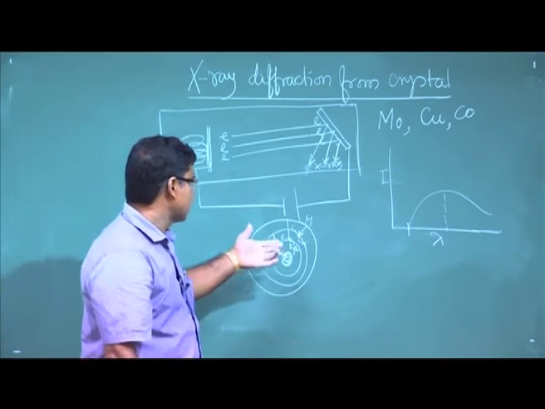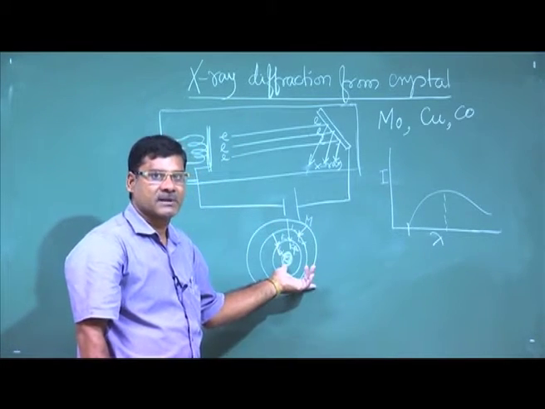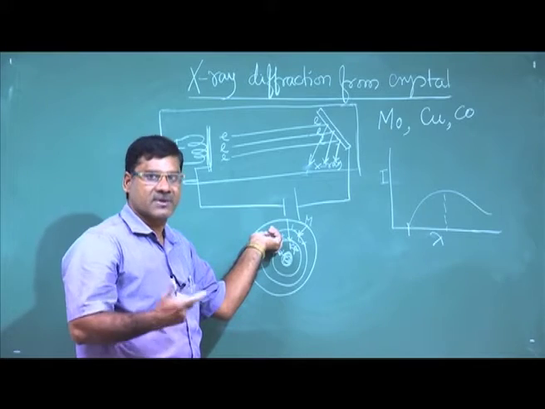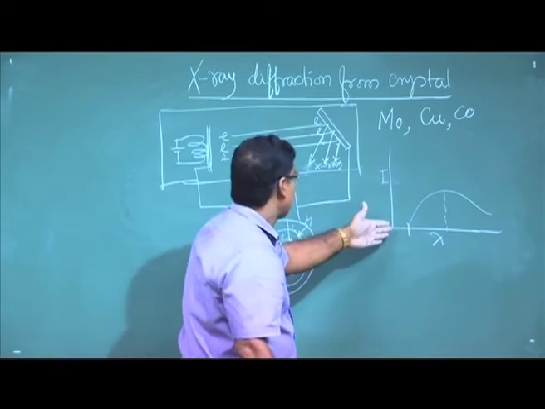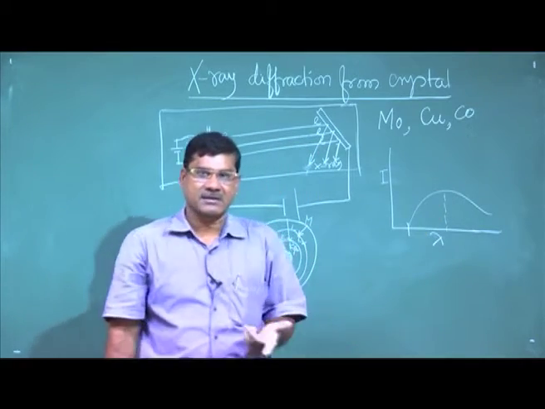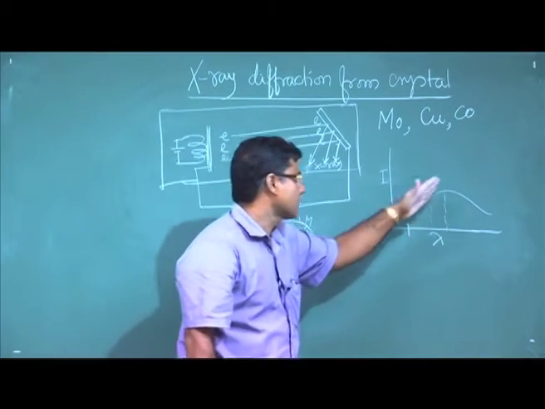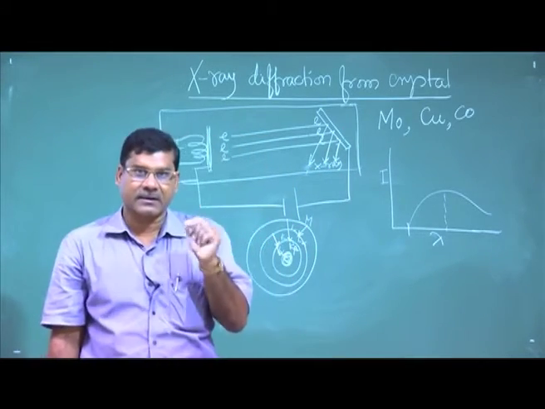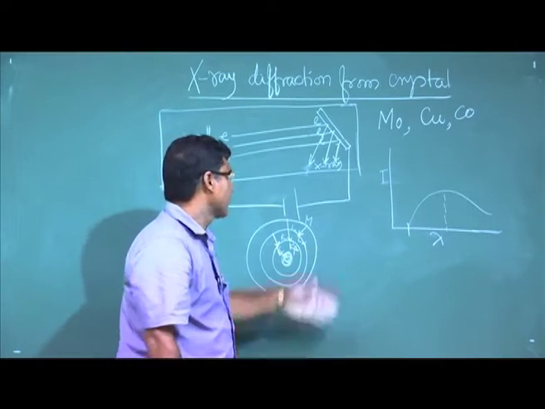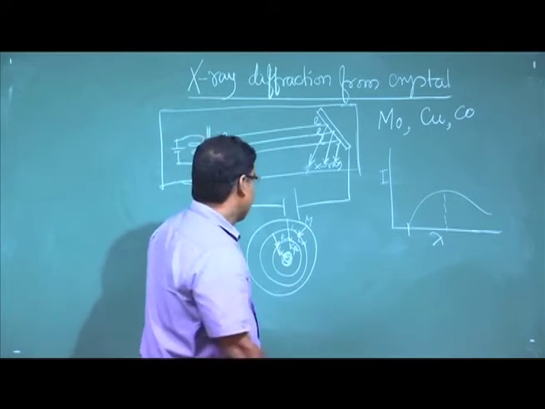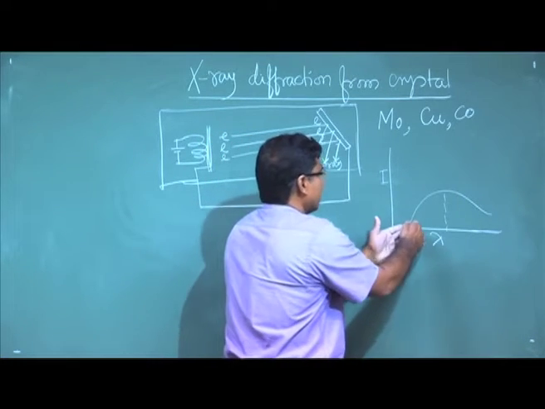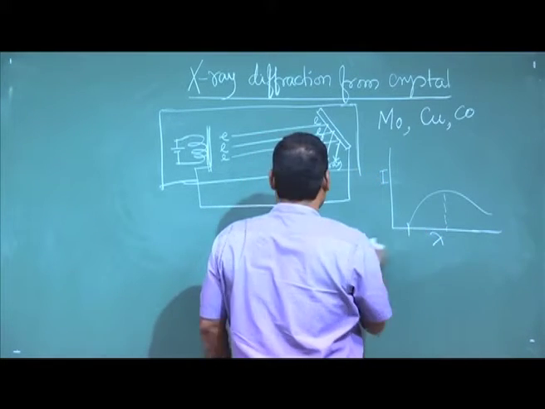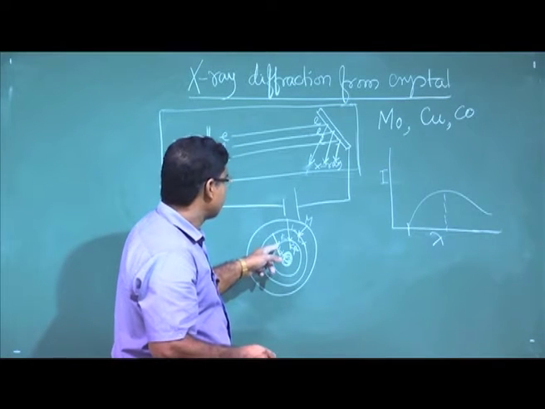Okay. Because it depends on the atom, its energy difference is fixed, so its wavelength is also fixed. Apart from this, there is the continuous X-ray. This is because of deceleration of the accelerated electron in the material when it is penetrating through the material. From there you will get this continuous X-ray, and also the characteristic X-ray.